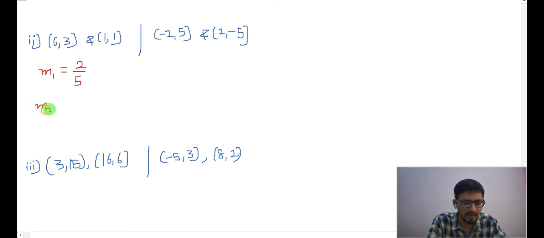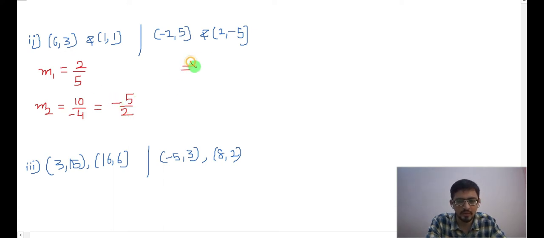Then you will find m2. M2 means the slope of the line passing through these 2 points. Here also this point minus this point. So I do the subtraction of the y coordinates, which is here 5, as per formula minus, and 1 minus is coming here. So ultimately 5 plus 5 will happen, which will be 10. And here I will do -2 minus 2, which is -4. The answer I will write, negative, 2 5s are 10, 2 2s are 4, the answer I will get is -5 by 2.